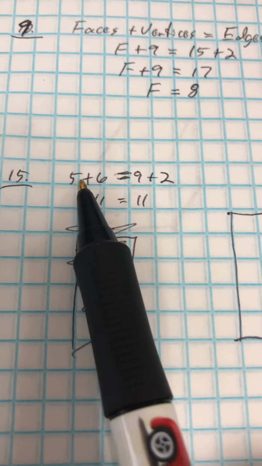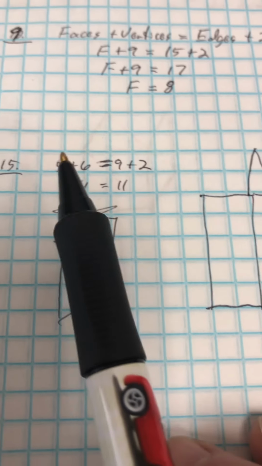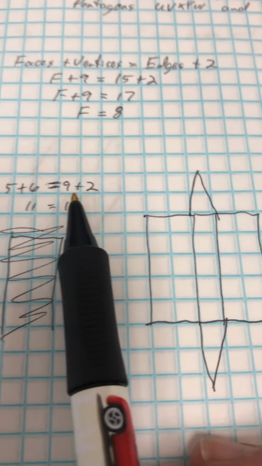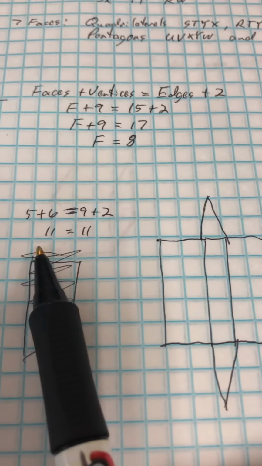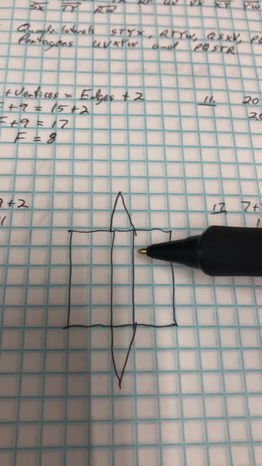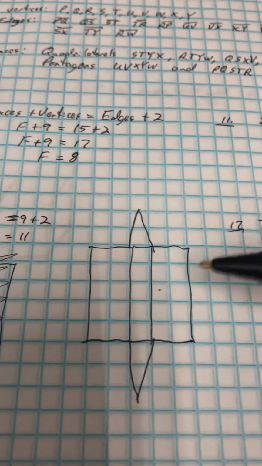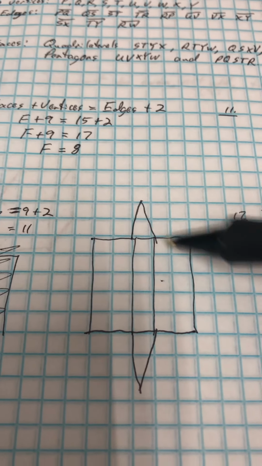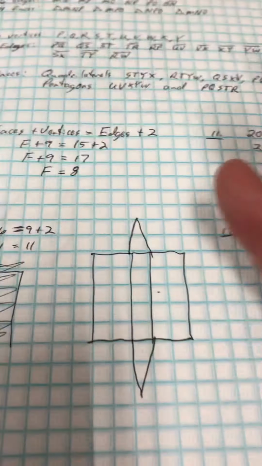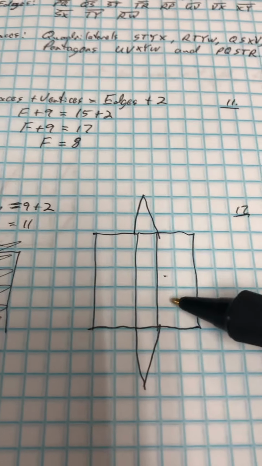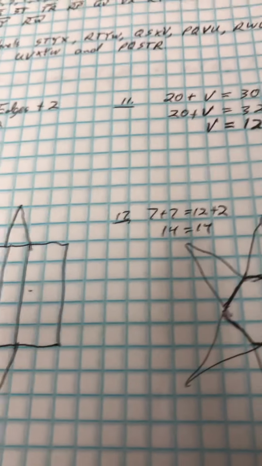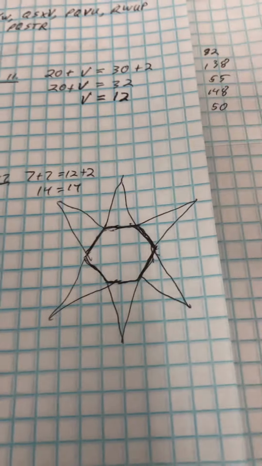So Euler's formula would have the faces plus the vertices equal the edges plus 2. And yep, it checks out. 11 equals 11, so that's good. And then this one, if I was to draw a net, a 2-dimensional version of this, like, cut and flattened out, it would look like this. It doesn't have to be an art project, like I said. Try 16 on your own. 17,